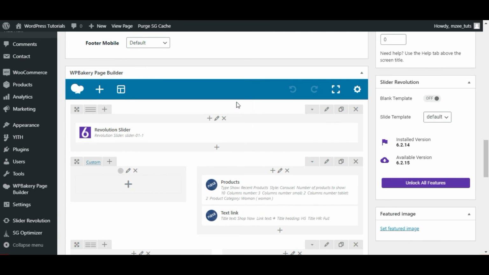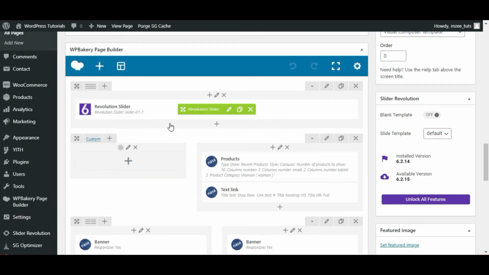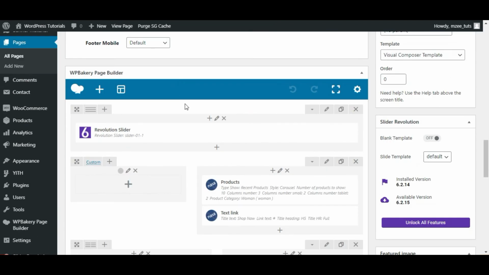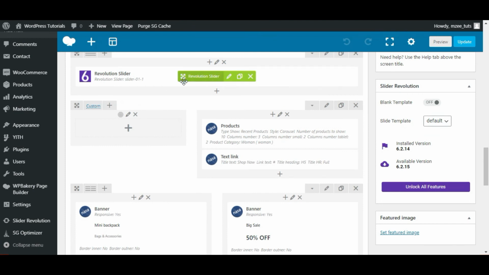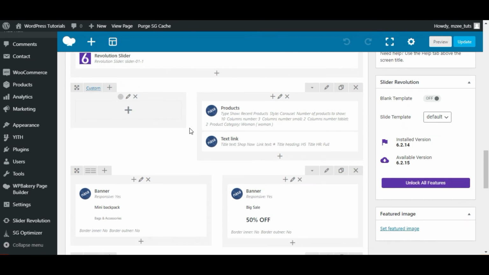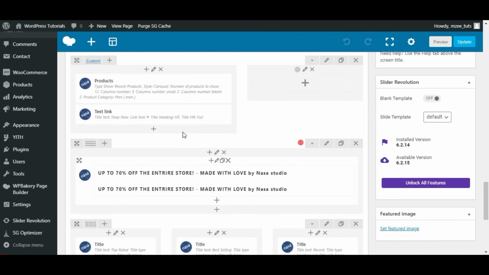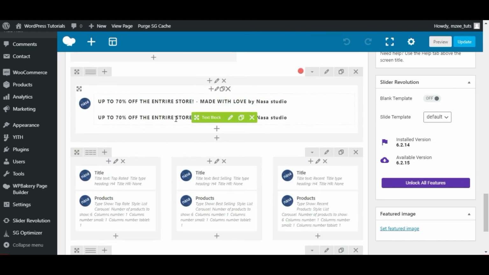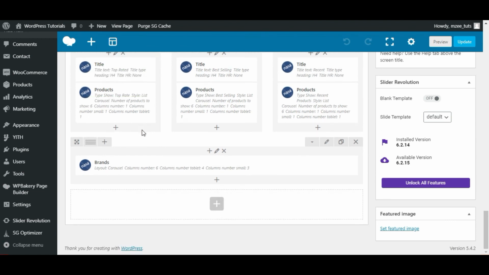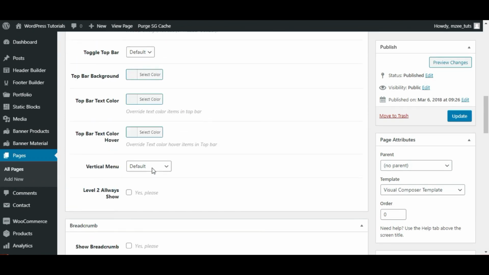And here we have the WP Battery Builder with all our modules included. So first we have the Revolution slider here, then the product section, and you can go through all these things. You can just go over and change the wordings according to your website and requirements you need.